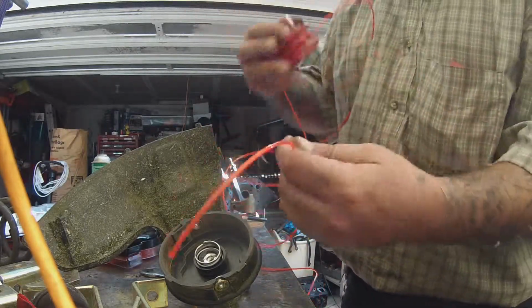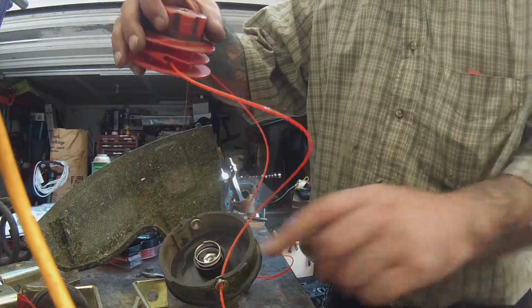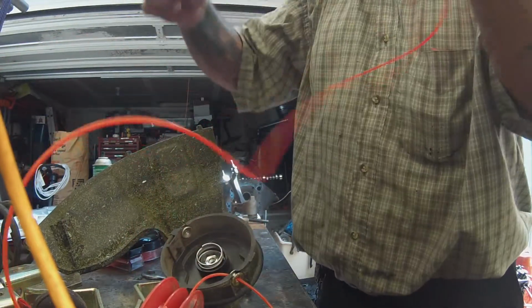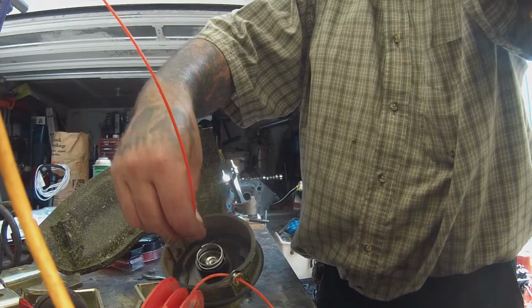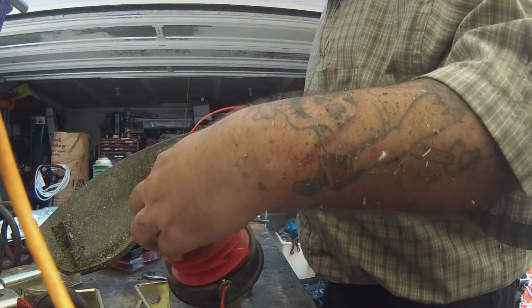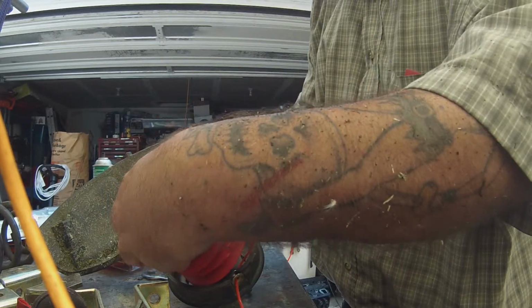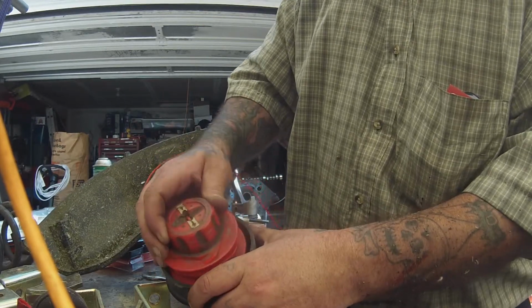Take your string line right through the grommet, pull it through. Try not to knock you off the vise there. Pull it through. Oh, looks like I melted some line in there. Awesome. Anyhow, we do want to make sure while we're doing this, see if I can pull this back